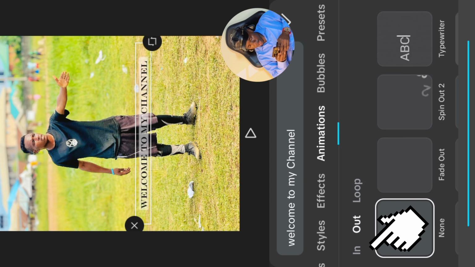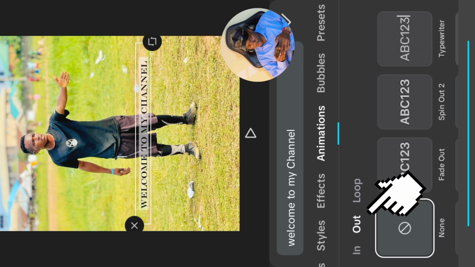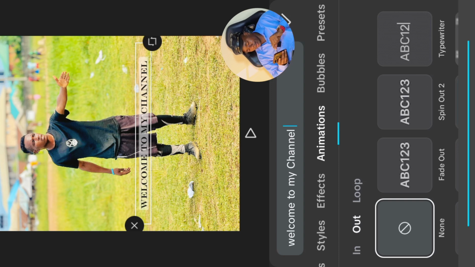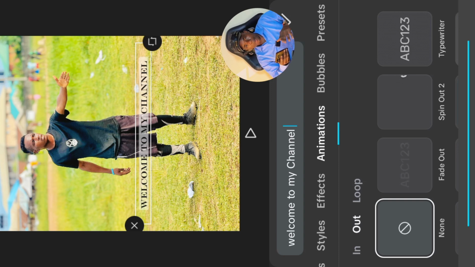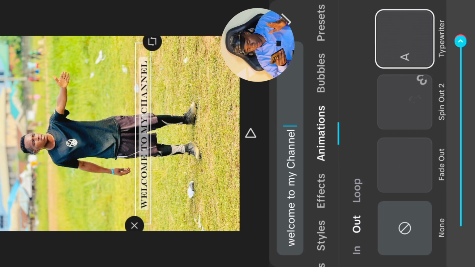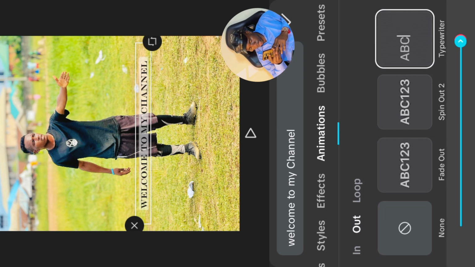So let's go for "out". How do you want the text to leave? So you see fade out, you see spin out, you see typewriter. So for the in, I use type in. Then let's say okay, we want to use type out. We want to use typewriter for the type out. So let me tap on it. So you see,